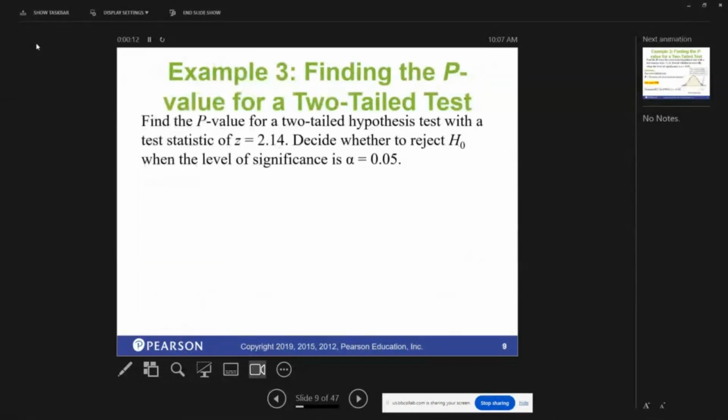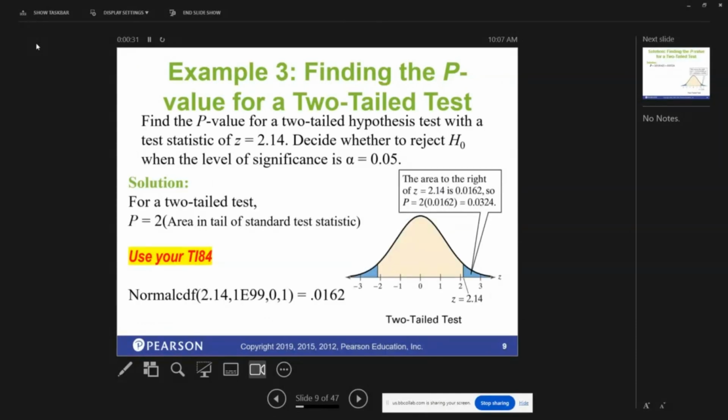This time we want to find the p-value for a two-tailed hypothesis test with a test statistic of z equals 2.14. We want to decide whether to reject H sub 0 when the level of significance is alpha equals 0.05. So this time when we have a two-tailed test, our p-value is going to be 2 times the area in the tail of the standardized test statistic. So 2.14 is over here on the right since it's positive. So to find this area here,